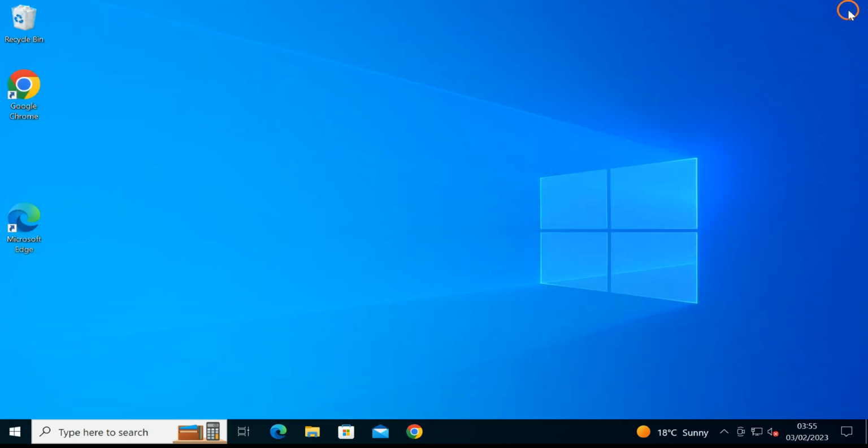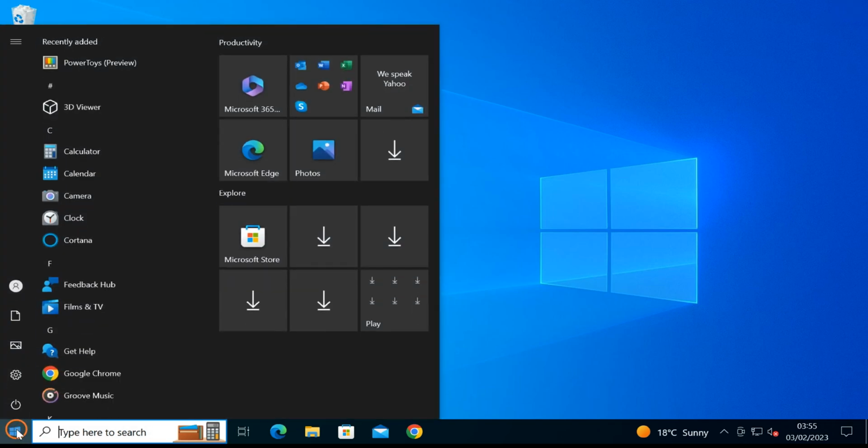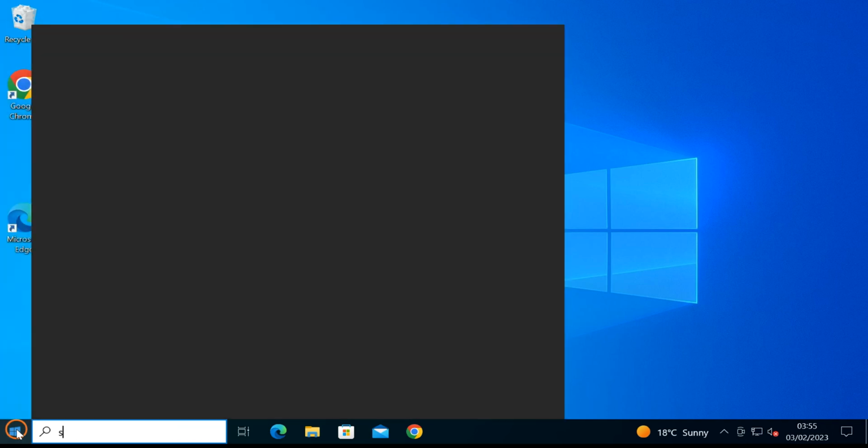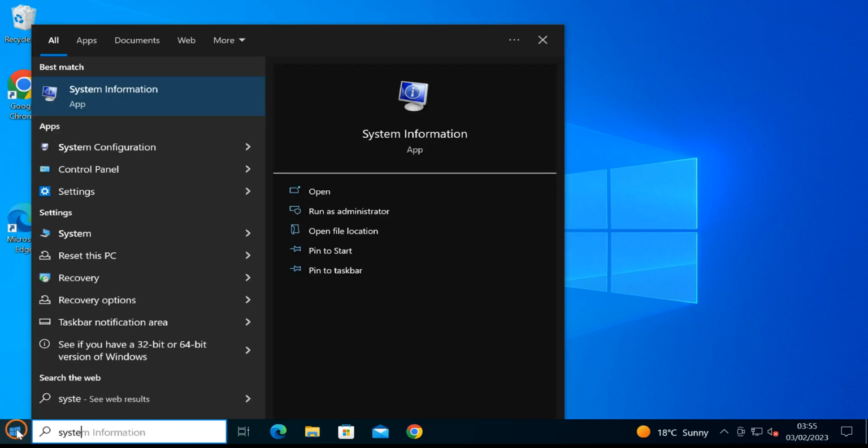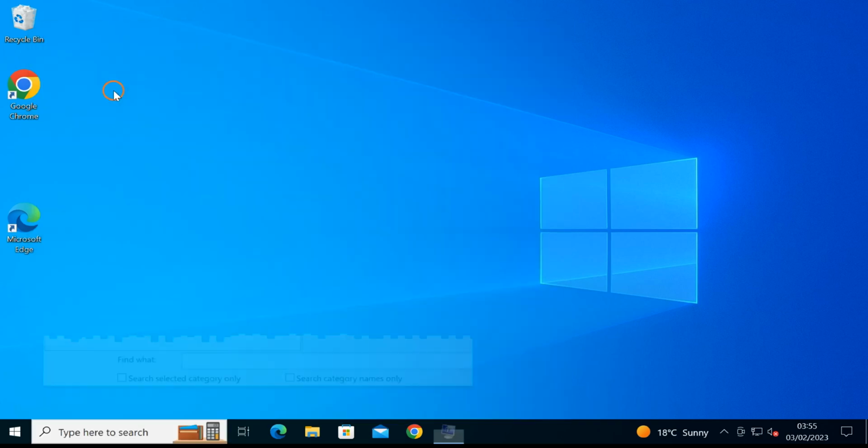Next is through system information. You can also find if your Windows runs 32-bit or 64-bit through system information. For that, click on the start button and here type system information and click on the system information app.